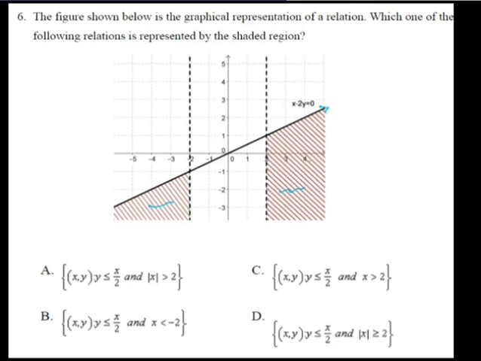number 6 ምን አለን shaded region አለን ይሄ shaded region እና ይሄ shaded region አለን። ሁለቱ shaded regionዎችን represent የሚያደርገው relation የትኛው ነው ነው የሚለው። so ምን አለን this line okay this line is x minus 2y is equals to 0፣ ምን ማለት ነው በሌላ አባባል x is equals to 2y ማለት ነው። dividing both side by 2 ምን ይኖረናል y is equals to x over 2። አሁን y is equals to x over 2 is the equation of the solid line